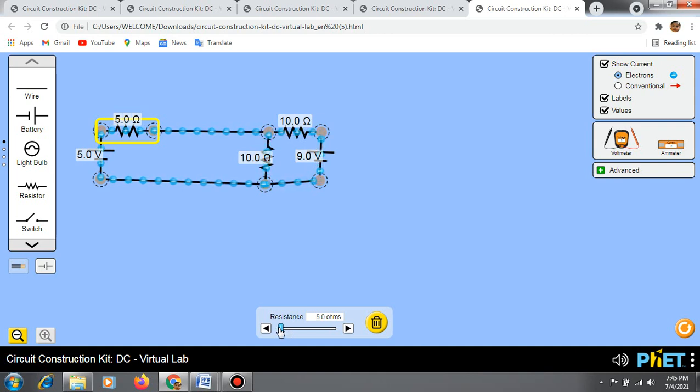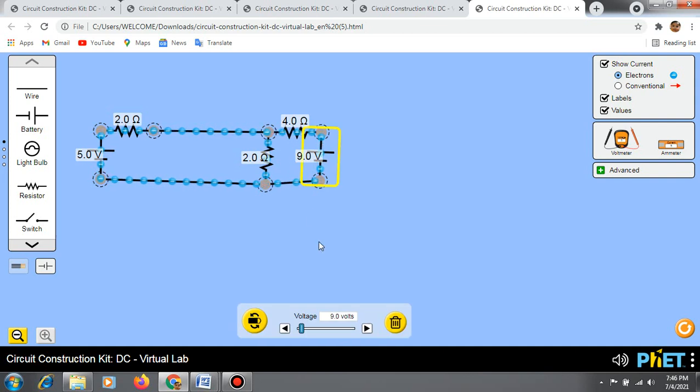You can change according to your circuit given in the exam. And this resistor also I am giving as 2 ohm as per our circuit. You can also set according to your question. Next I am selecting this resistor and keep this value as 1 ohm. Now I set the value and this voltage source I am selecting and keeping this value as 2 volt.